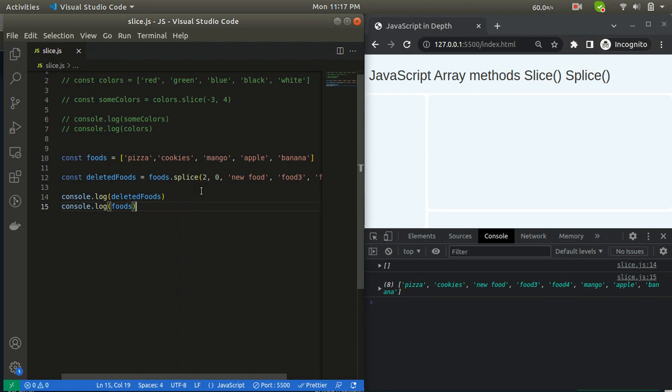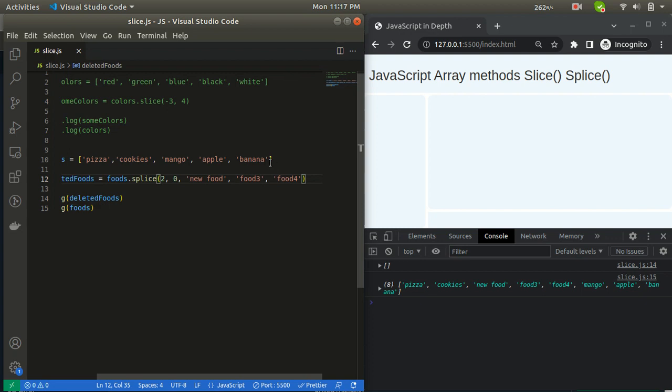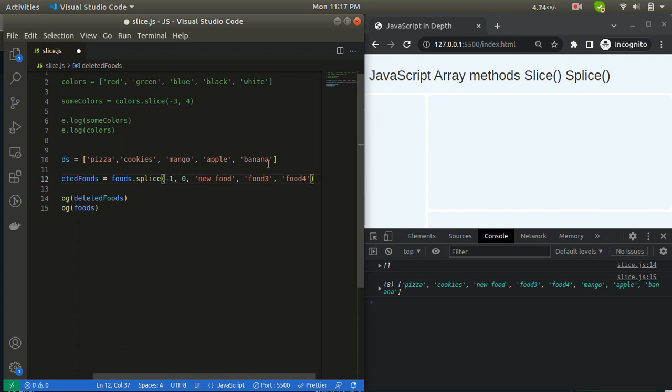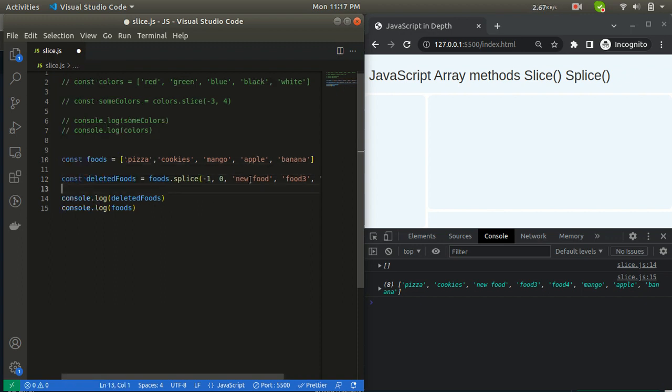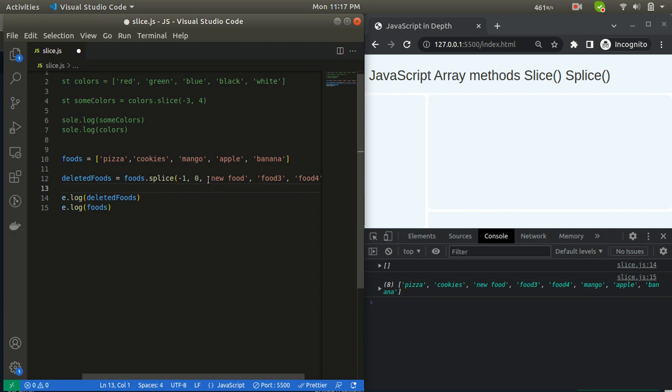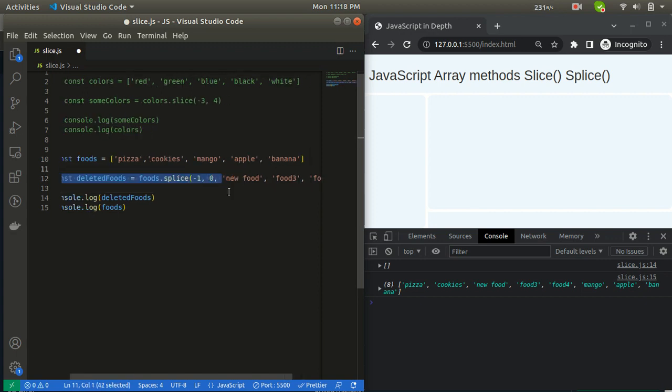If we pass any negative number here, similarly to the slice method, it starts counting from the end of the array. So in this case, if I am passing -1, it will delete the element from the last position. It will delete this banana, and the new elements will get added.